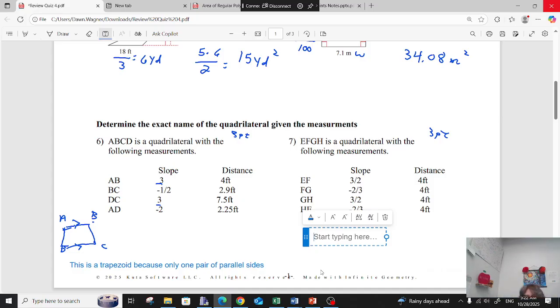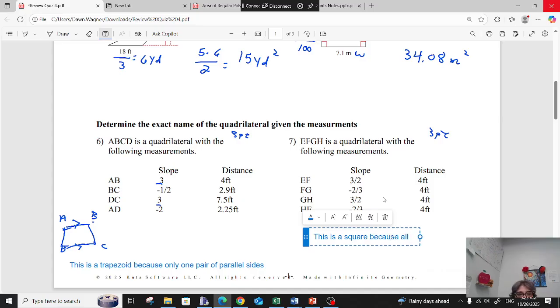Okay, it is a square. How do you know right angles, by the way, Obed? It's all sides are equal, but how do I know I have right angles? Well, that could be a rhombus, right? But because they are opposite reciprocal slopes here, do you see that? That's why we know they have right angles. So this is a square